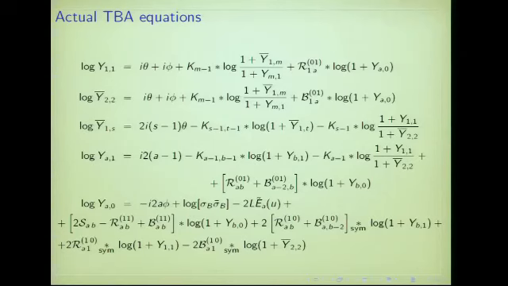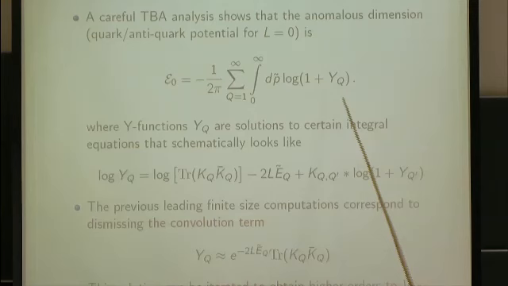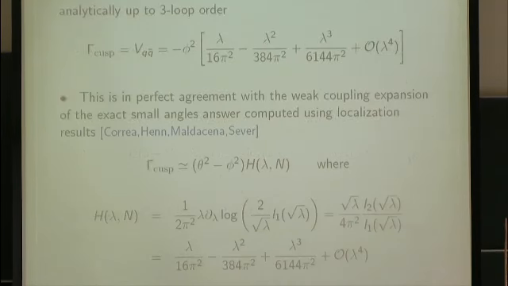This is what I was calling YQ before, that only this Y function is going to enter in the energy in the final expression. So here I had to put YA, 0. But its TBA equation is not only coupled to this, well, this is the dressing phase, the boundary dressing phase. This is a convolution with YB0 itself, but then you have convolutions with a bunch of other Y functions, which in turn satisfy other TBA equations. So solving this in general is not that simple, not even in the weak coupling limit.